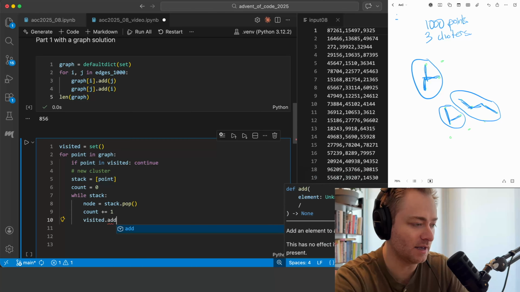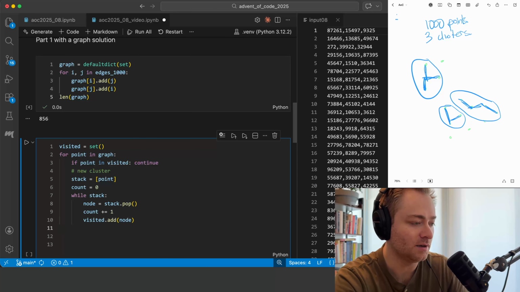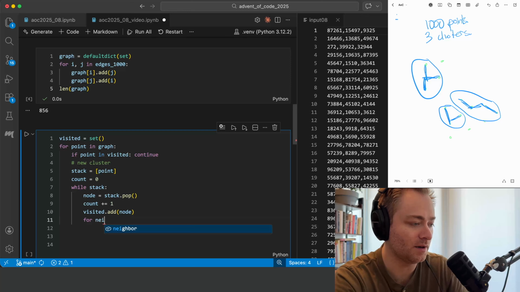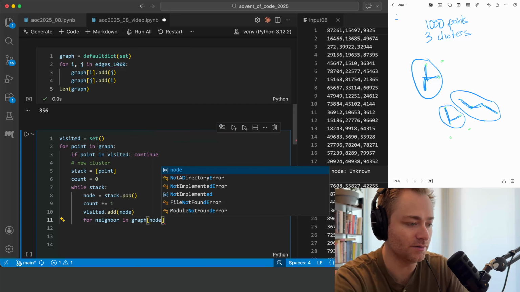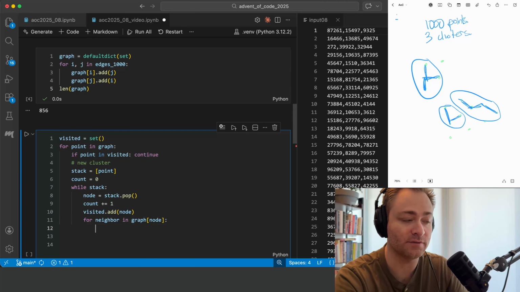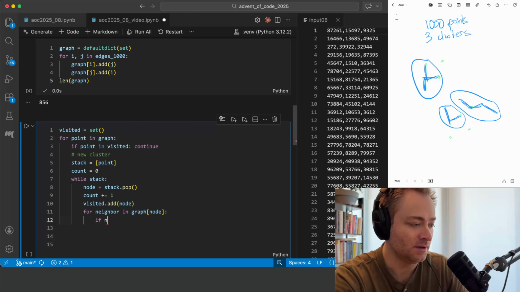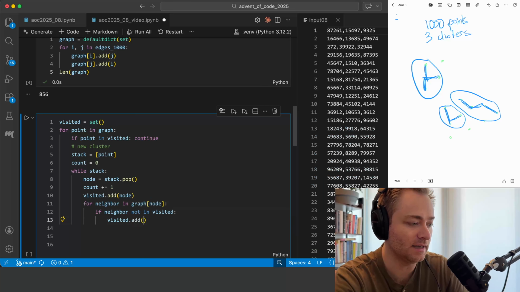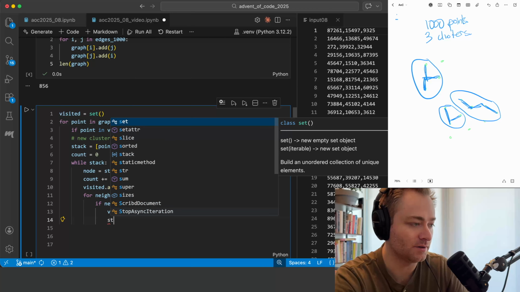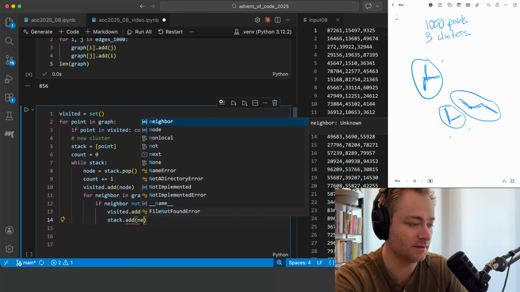So visited.add node, and then for neighbor in graph node, if we haven't visited the neighbor yet, then we'll add it to the stack. So if neighbor not in visited, then visited.add neighbor, and stack.add neighbor,